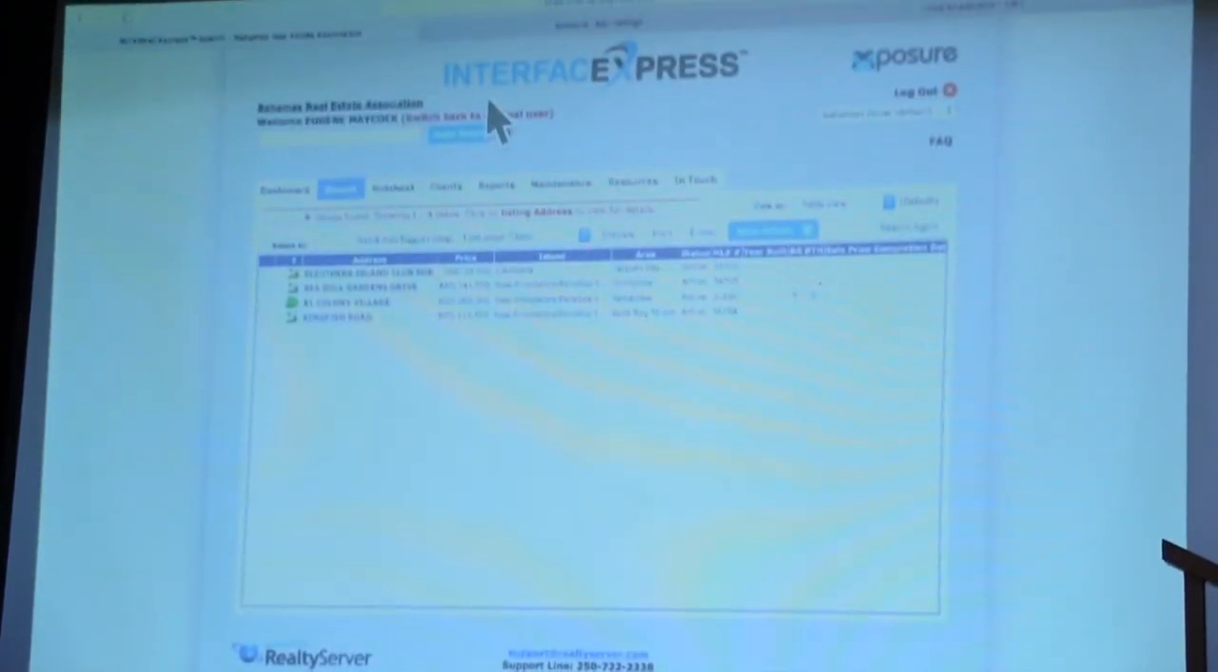No. Interface Express is your system still until you're fully educated as a board on Exposure. Then we're going to shut Interface Express down. But we're going to get you hopefully using the new Exposure tools as much as possible, as quickly as possible. So the changes that you're making